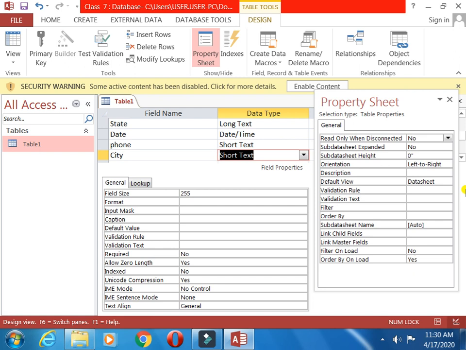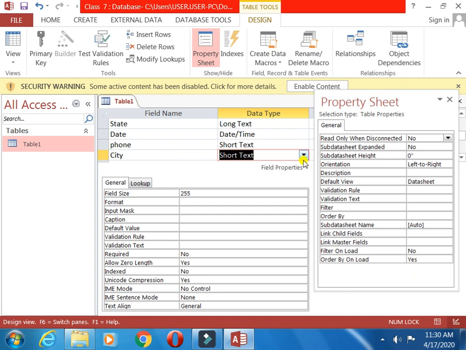Like Rampurhat RPH, Sainthia SNT, Howrah HWH. Here also I want only 3 or 4 characters to be typed. More than 4 characters we will not take. Clear? Now for the data type we will select short text.